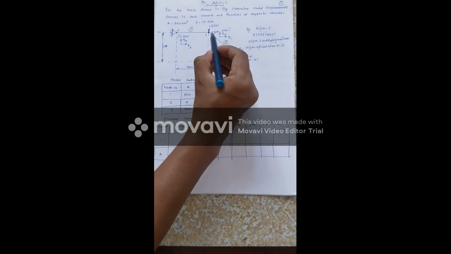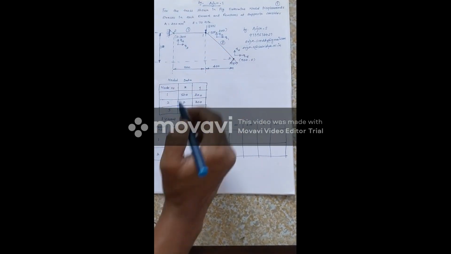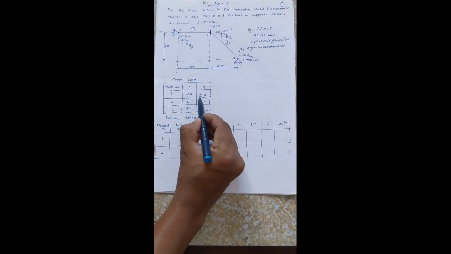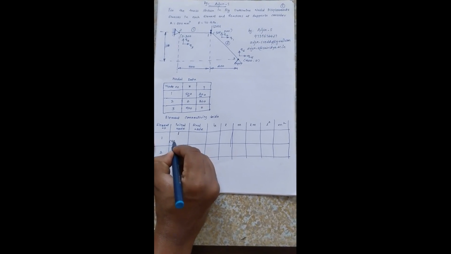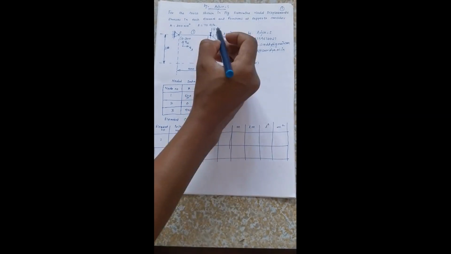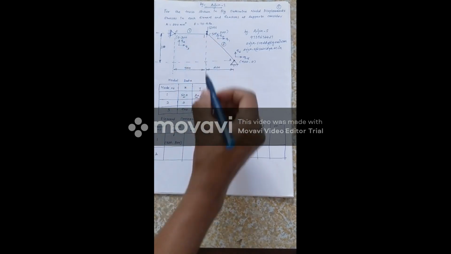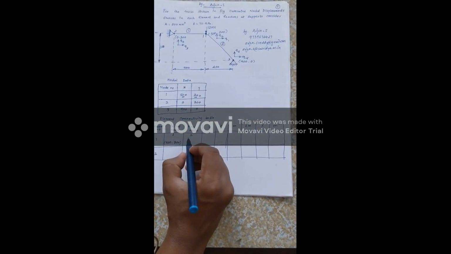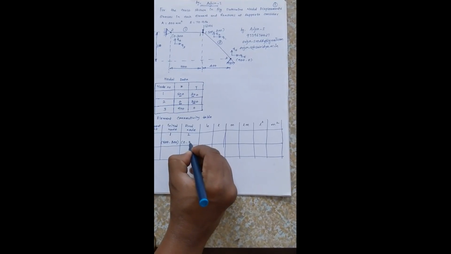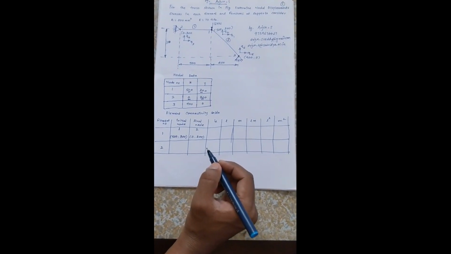For element number 1, the initial node is node number 1, and node number 1 coordinates are 500 and 300, that is x coordinate is 500 and y coordinate is 300, I will write here. This is the starting node for element 1 and this is the ending node for element 1. So the final node is 2 and node number 2 coordinates are 0, 300. We can represent that here. And similarly you can represent the same for